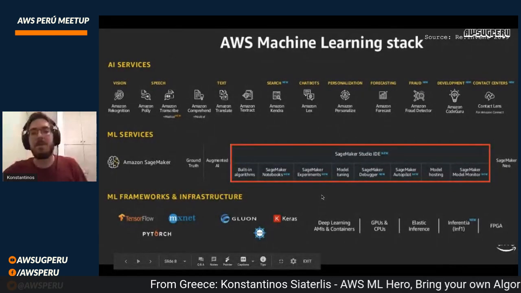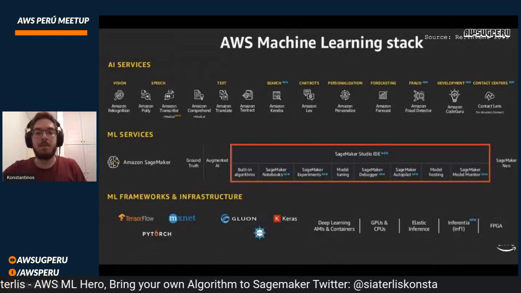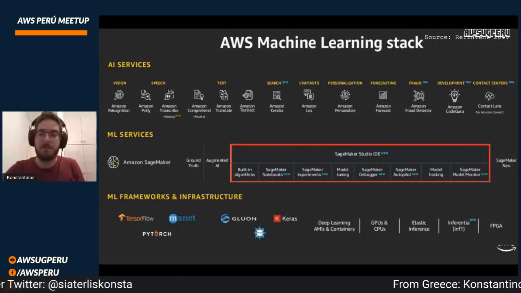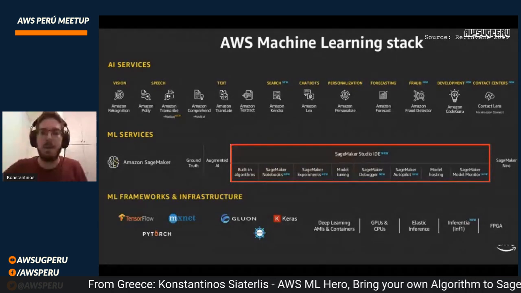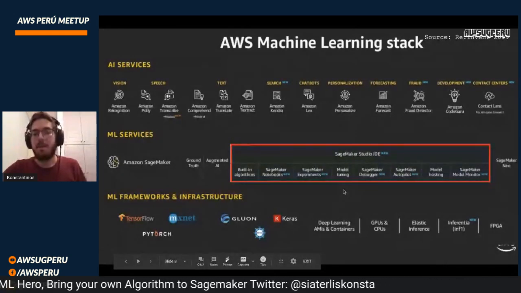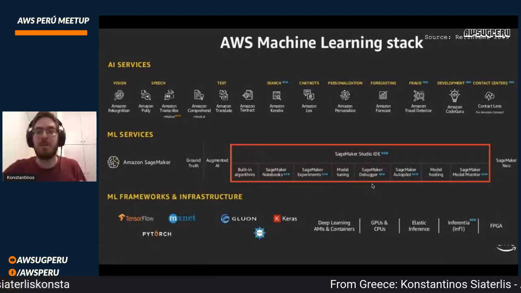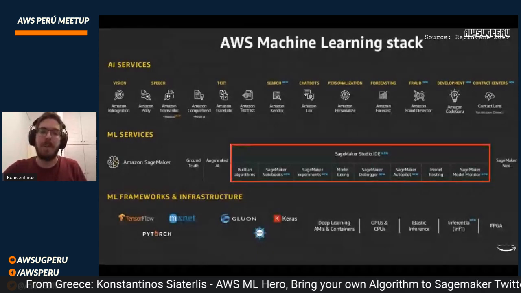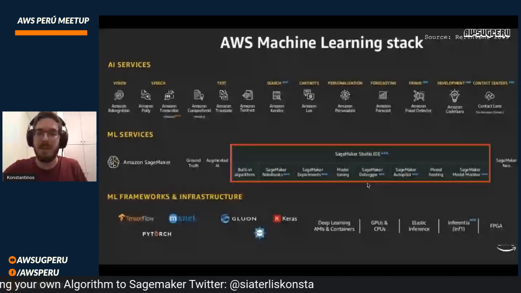We have Sagemaker Experiments, again a really nice addition. You can monitor and see the progress of your machine learning models, the training progress. You can compare stats, validation accuracy, training accuracy, validation loss, and so on. There's the model tuning. It was already there, the hyperparameter tuning. One of my favorite tools is Sagemaker Debugger, where you can literally, in real time, see everything about your training process. And if we have some 1 minute at the end, I'm going to show you something very, very cool.